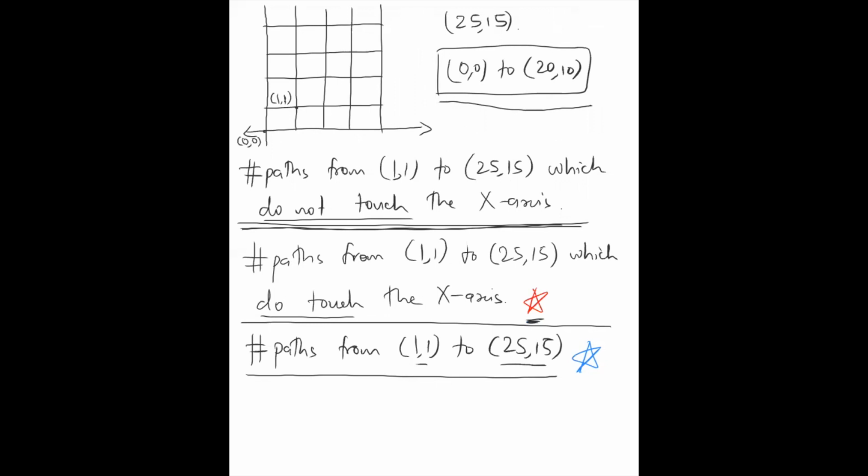And blue star, again, we can do the same thing. Again, x and y. We have to move 24 steps to the right because you want to move from 1 to 25. So x plus y will be 24. And now from 1 to 15, that's 14 steps upwards. So x minus y will be equal to 14. So adding up gives us x is equal to 19 and y is equal to 5. And that gives us a total of 24 choose 5. So that means blue star is 24 choose 5.